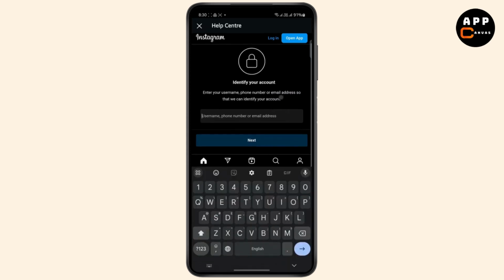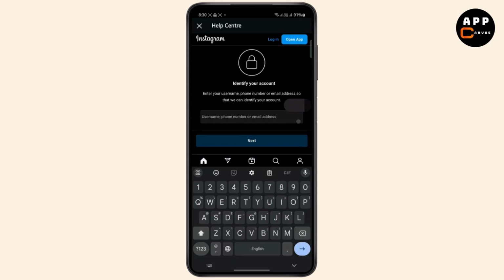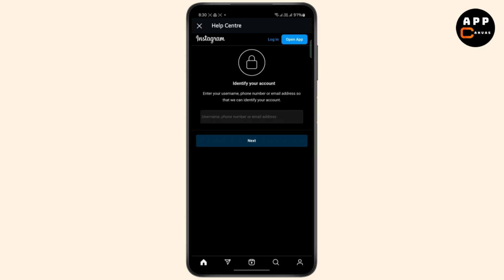You can just enter the username and tap on next, and once you do that, Instagram will send you a reset link on your phone number or your email address, whatever you have entered while logging in. A reset link will be sent to your email or your phone number, and after that you can reset your password and